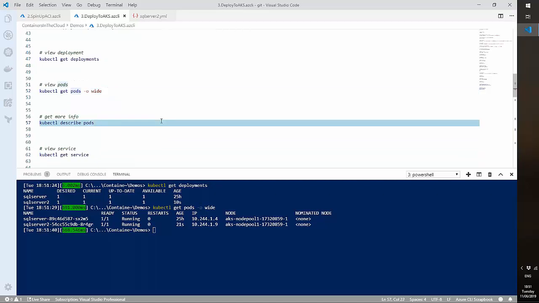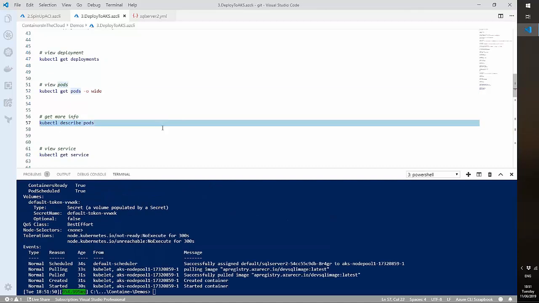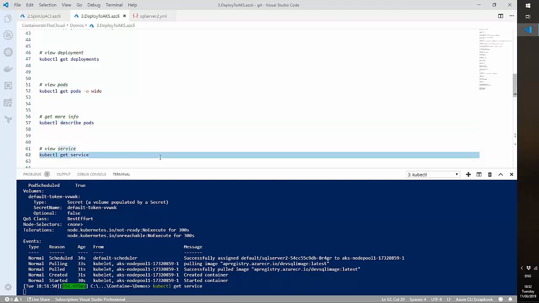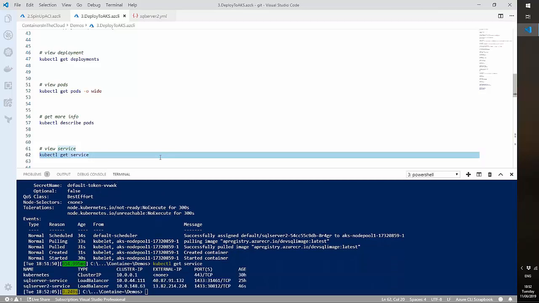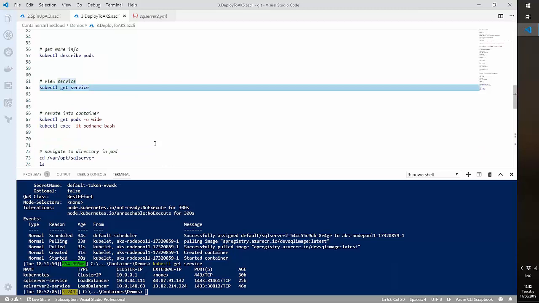I can pull out some more information about my pods. So I can describe them. I can see it here. I can see that it's pulled my image from my registry. It's created the container. It started the container, so it's all up and running. But now what we're waiting for is our service to get our external IP. And okay, it's already got its external IP. It's nice and quick. So let's grab that IP